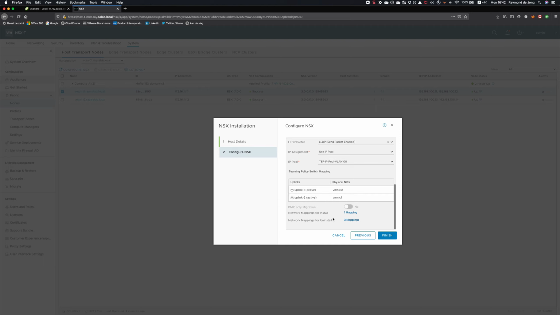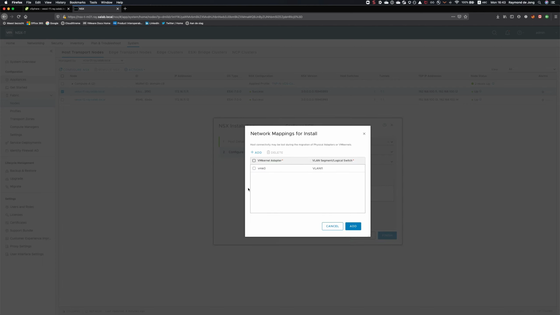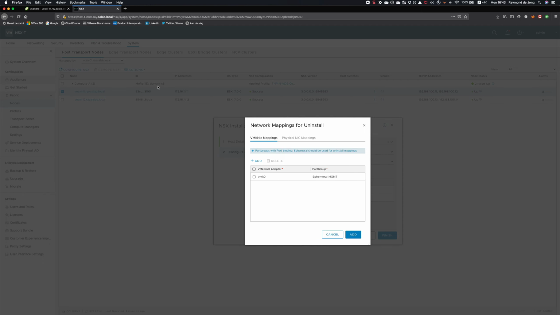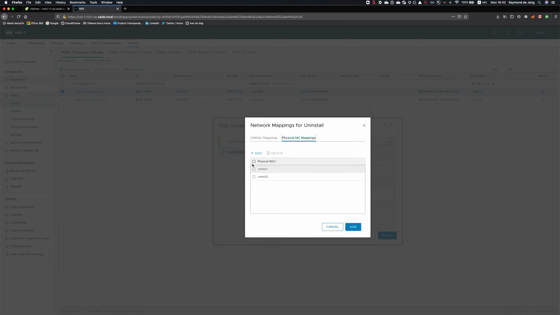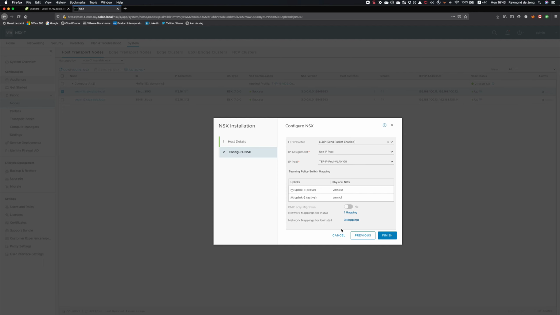And since I'm coming from NSX-T 2.5, I also have configured install and uninstall mappings. So I mapped VMK 0 to VLAN 11, and for uninstall, I map VMK 0 to an ephemeral port group on the VDS or a port group with a similar name on the VSS. And VMNIC 1 and VMNIC 0 are the physical NIC mappings. We don't need those, as I will show you later, but this is for my previous configuration, so this is migrated to NSX-T